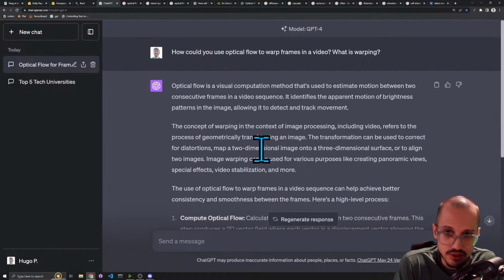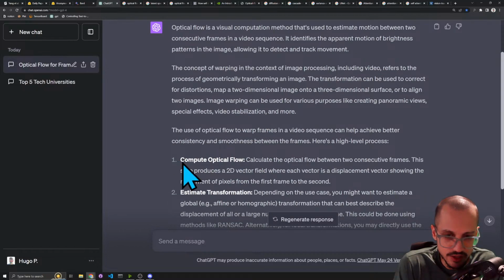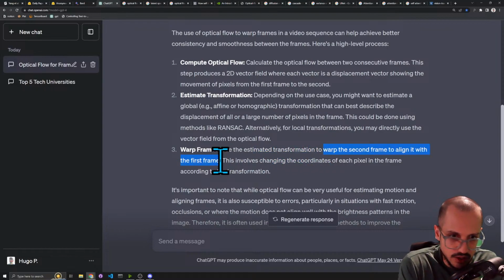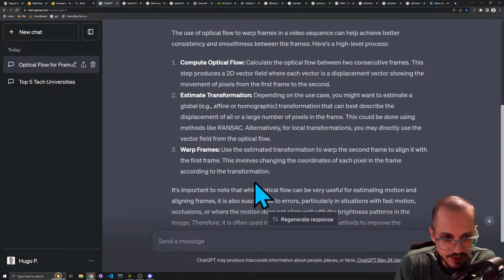Let's see if this has a different answer. The concept of warping refers to geometrically transforming an image. Transformation can be used to correct distortions. That's not the type of warping they're talking about here. I think this is the estimated to warp the second frame to align it with the first frame. Yeah, so it's kind of using the optical flow to make sure that the frames are basically right on top of each other, but